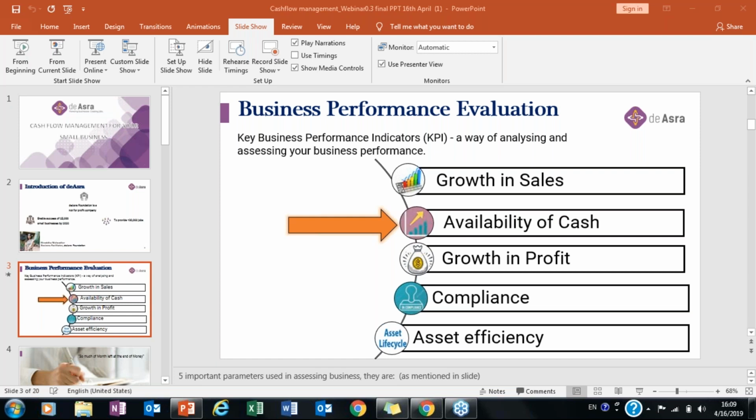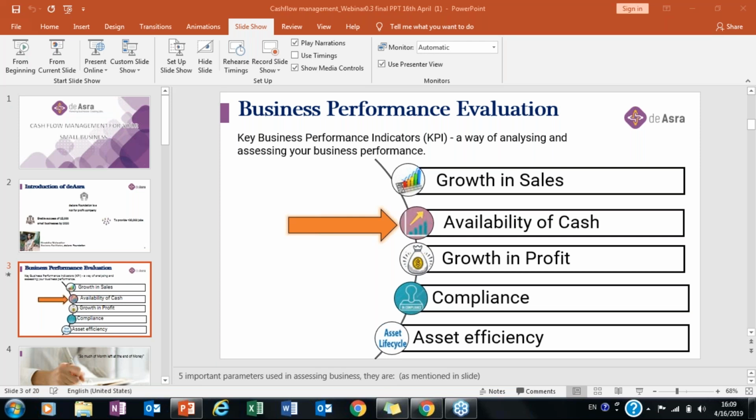Like we go to a doctor for a yearly checkup for our own body, the same way we need to also check the health or monitor the health of our business. But when we say that we want to monitor the health of our business, how do we do that? There are some parameters that we need to look into while checking the health of our business. As you can see, ladies and gentlemen, in front of your screen, these are a few parameters on which we can assess the health of the business.